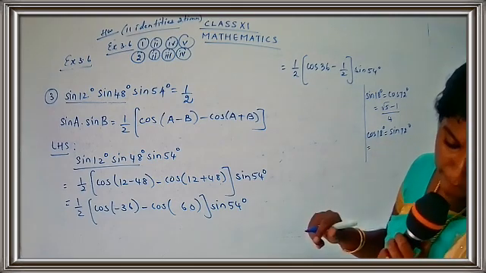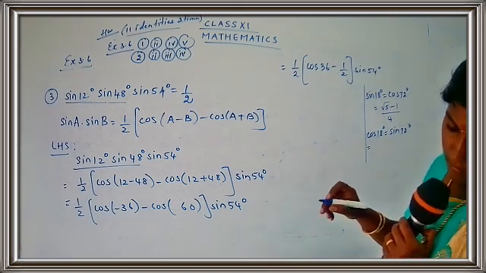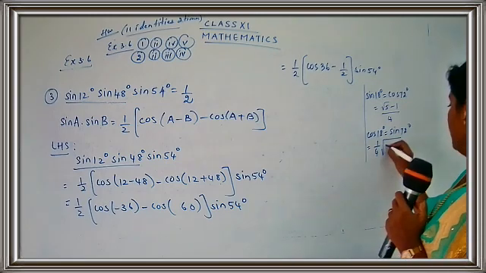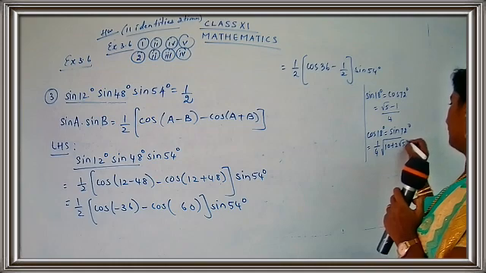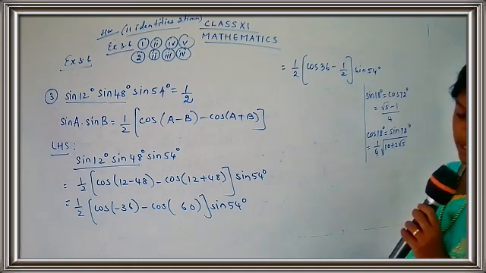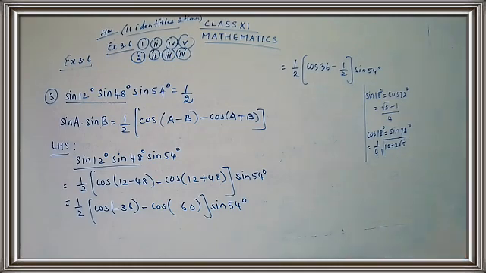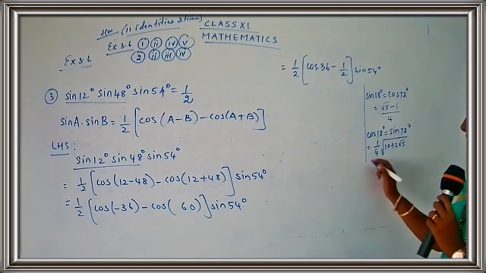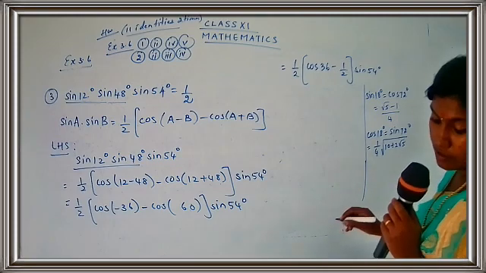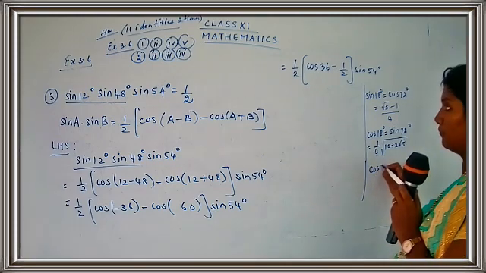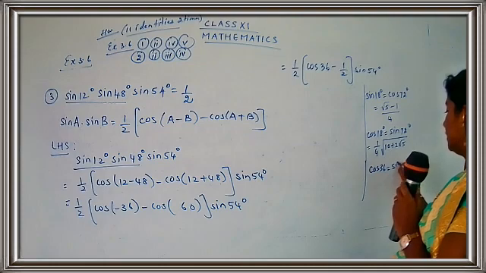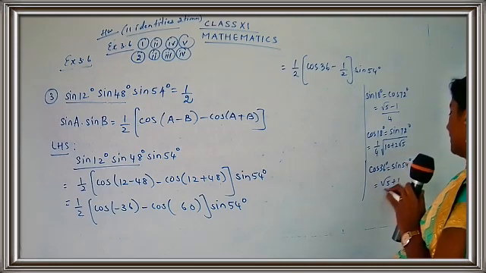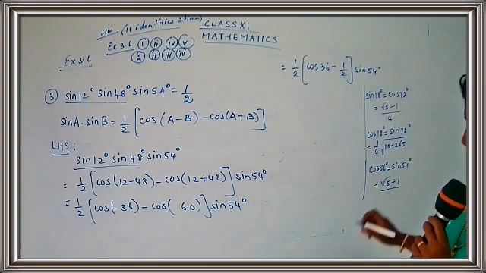And the value for them is 1 by 4 square root of 10 plus 2 root 5. Write down the value, it's 1 by 4 square root of 10 plus 2 root 5. And we have one more: cos 36 and sine 54. Cos 36 is equal to sine 54 degrees, and the value is root 5 plus 1 by 4.